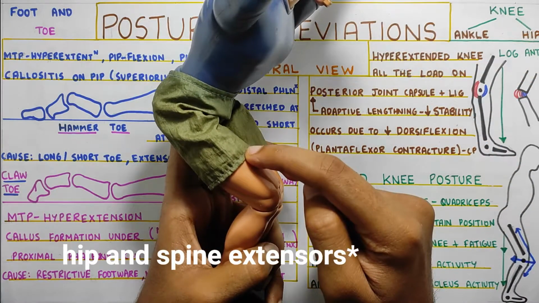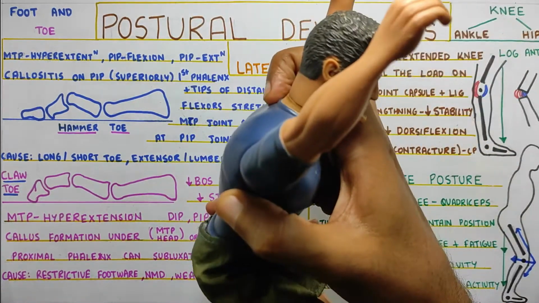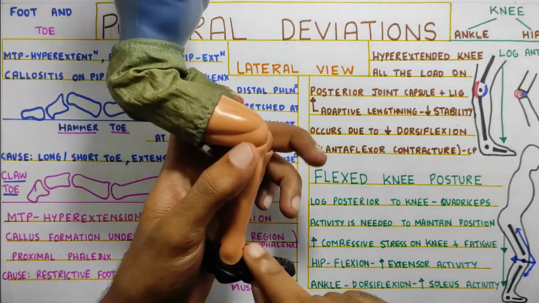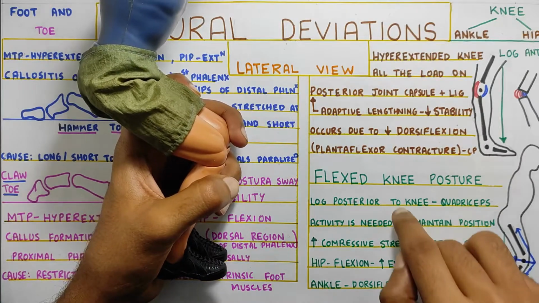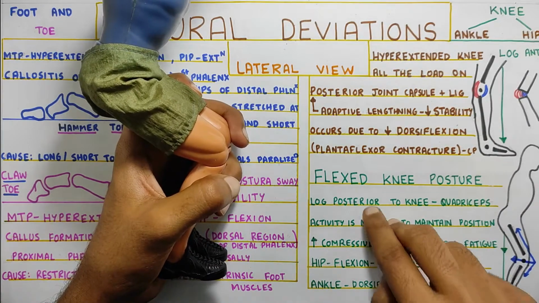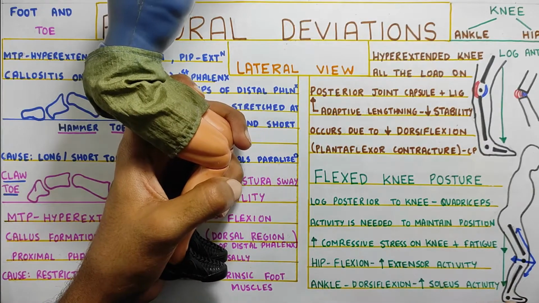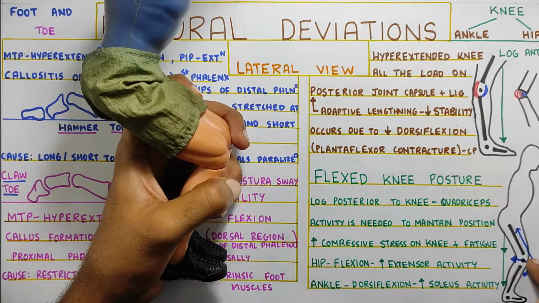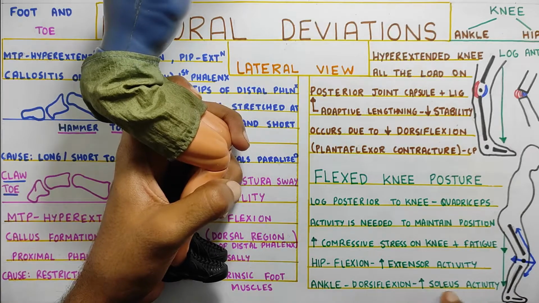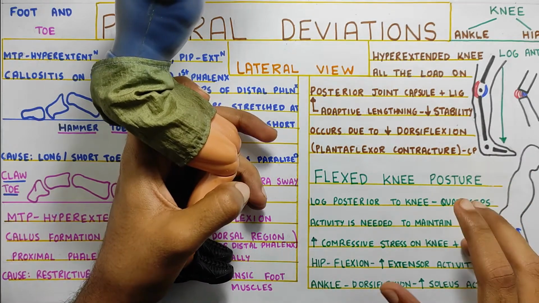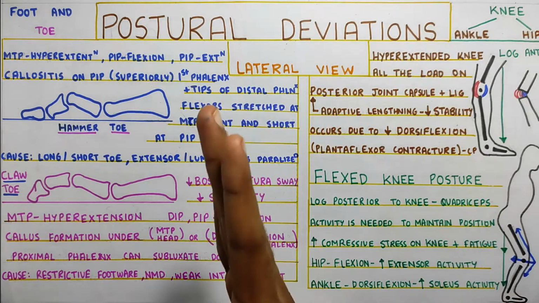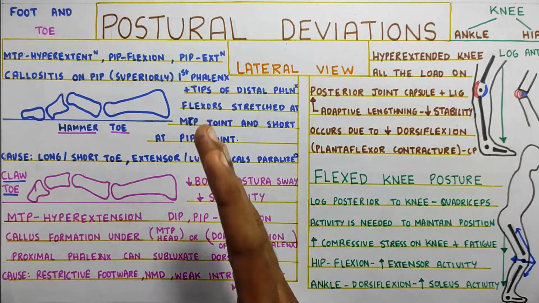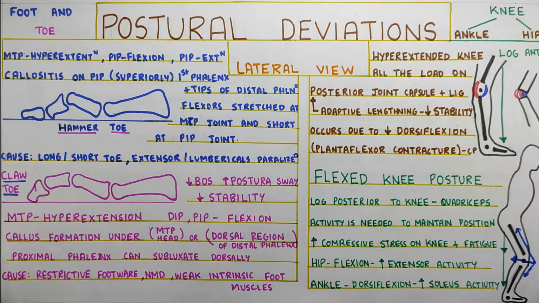Here the quadriceps is firing up to prevent you from going down, correct? And also at the ankle joint, what you can see is it is in a dorsiflexion position and you will be walking, so you will be causing plantar flexion, correct? Plantar flexion from a position where the knee is also flexed. So this will put a lot of load on your soleus muscle. So overall, it's not an efficient position at all, because of the line of gravity going too anteriorly and too posteriorly at each joint. So this is why it is a deviation and not a normal situation.